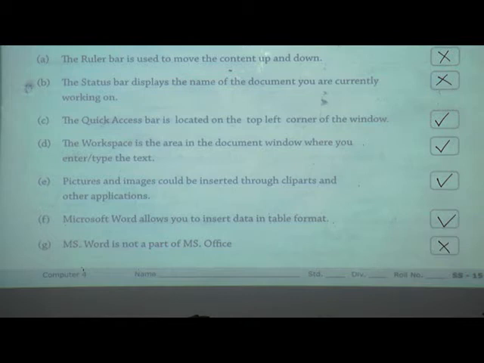This sentence is also right. Microsoft Word allows you to insert data in table format. It is also right. Now last one, MS Word is not a part of MS Office. This is wrong. Now turn your page.